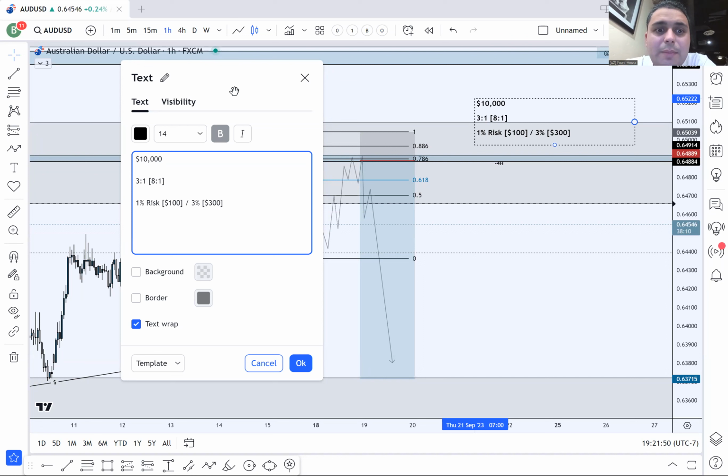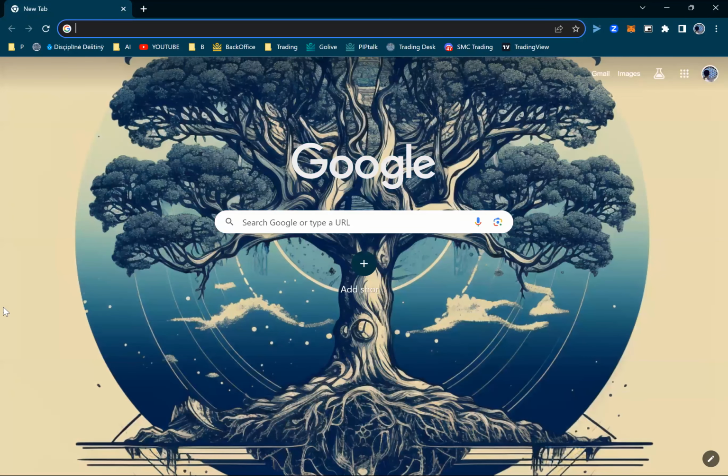So for this example, if we're risking $100 on a $10,000 account, right? Then in order for me to risk $100 on 15 pips, I'm gonna go ahead and calculate that, right? So we have our tools. Let me go to my position size calculator, which you guys should have inside of your trading desk. And I know this is review for a lot of y'all. I'm gonna get into actually some trade management and some entry strategies and that kind of thing for you guys. But inside your trading desk,